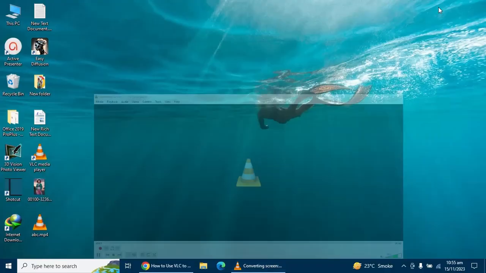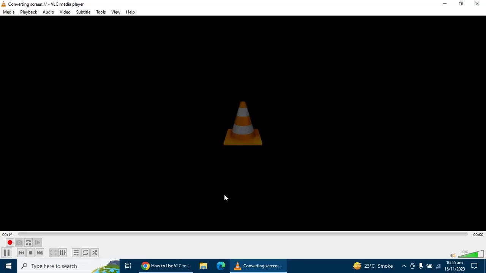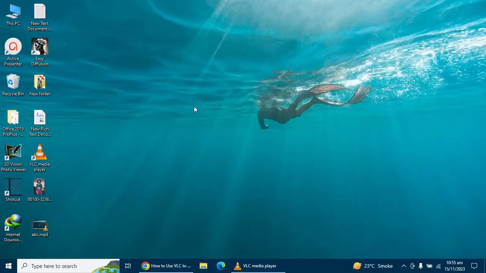Now we will minimize it and I'm going to refresh 3 or 4 times, and now this is the button that shows that VLC media player is recording. Now we will stop this recording and we will see the folder where